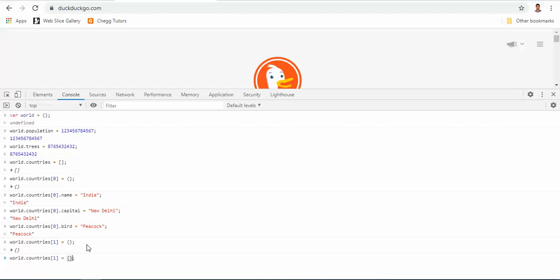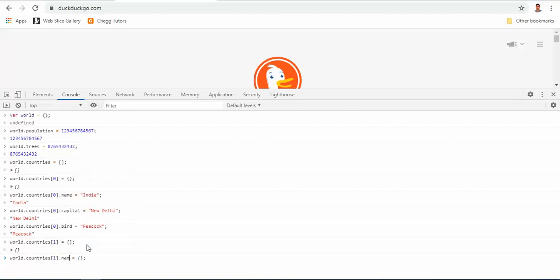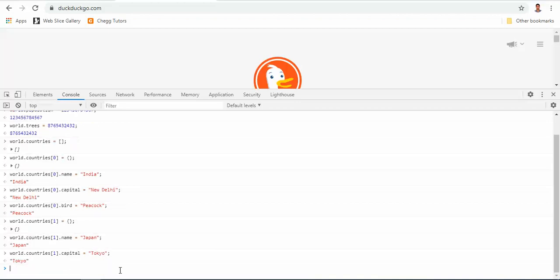Now dot name, I will copy this, and again capital, capital is Tokyo, and bird I don't know, but I can put any word, let's say sparrow.